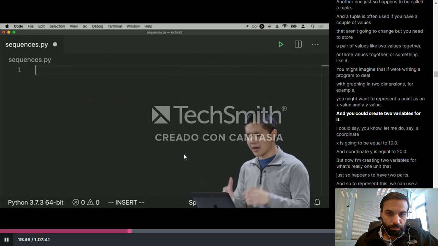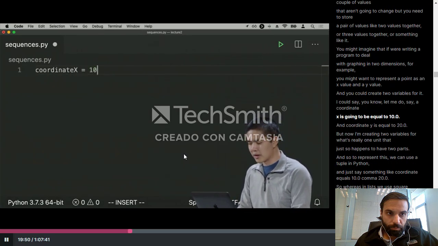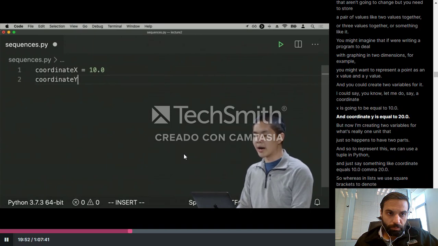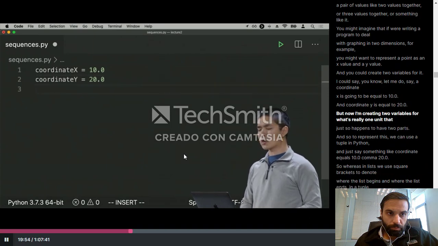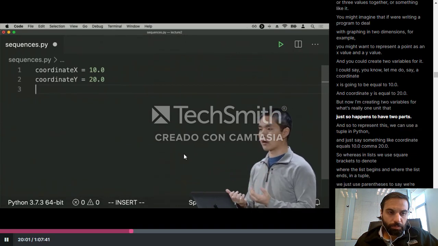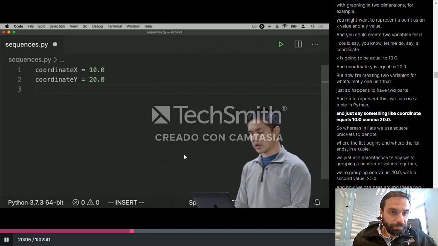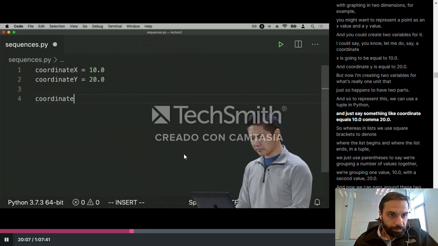And you could create 2 variables for it. I could say, let me say a coordinate x is going to be equal to 10.0 and coordinate y is equal to 20.0. But now I'm creating 2 variables for what's really one unit that just so happens to have 2 parts. And so to represent this, we can use a tuple in Python and just say something like coordinate